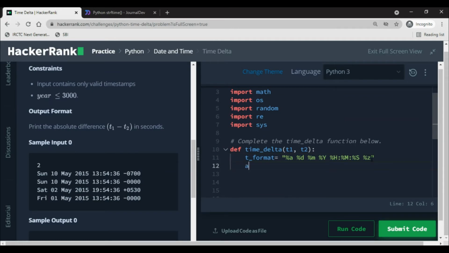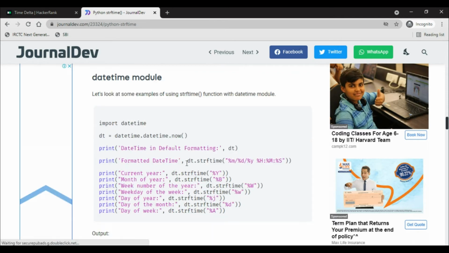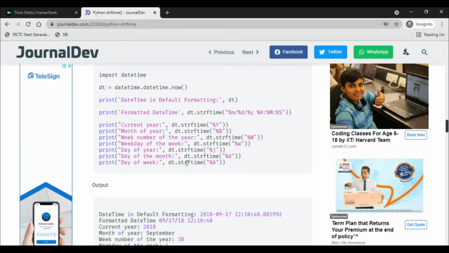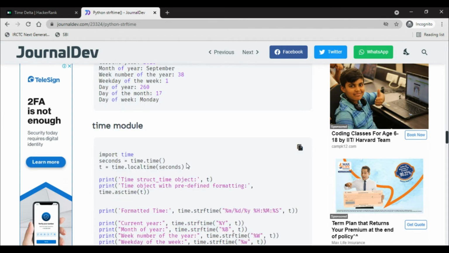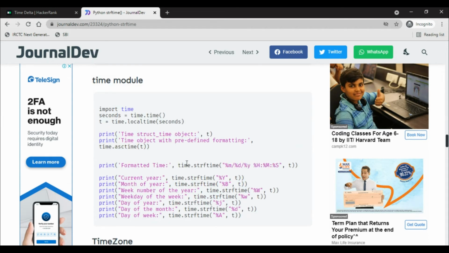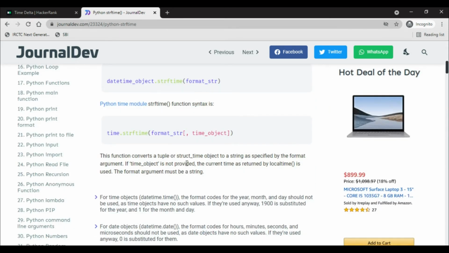So let me write a variable and I'll take this whole thing. Okay, t1, how do you write it? strptime, format string.